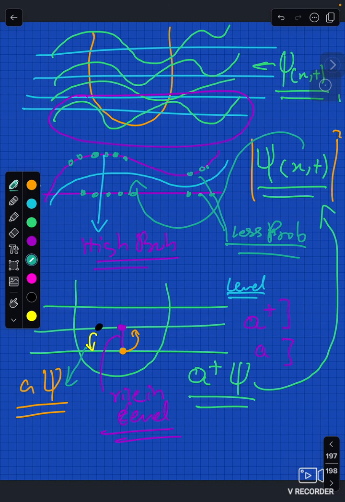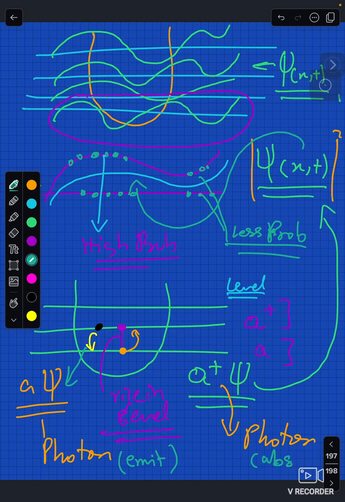But how does it go up and down? How does it go up and down? It's done by photon energy. Photon is what? Energy. Photon. Here the difference is it's emitted. This is emission of photon, this is absorption of photon. Okay,